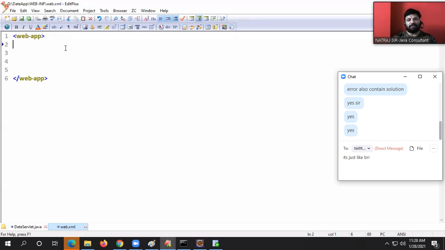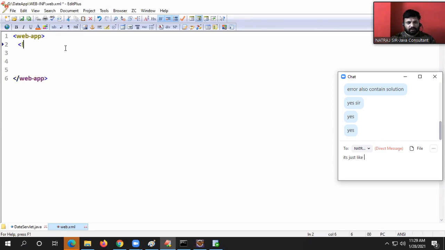Similarly, if every programmer uses his own tags, then how can the container apply meaning for that? That's why Sun Microsystems has given a set of tags to use, and all programmers should use the same tags with their own data. The data of the tags may change, but the tag names are fixed, guys.